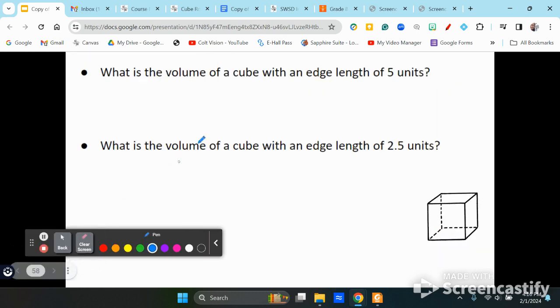So this way, let's try this in the reverse. It says, let's imagine we have a cube that has the edge length of 5 units. What would the volume be? Well, it seems like a backwards question because I feel like we already talked about this, right? That's how we figured out the other one. They all go together. So if all the side lengths are 5, to find the volume, we would do 5